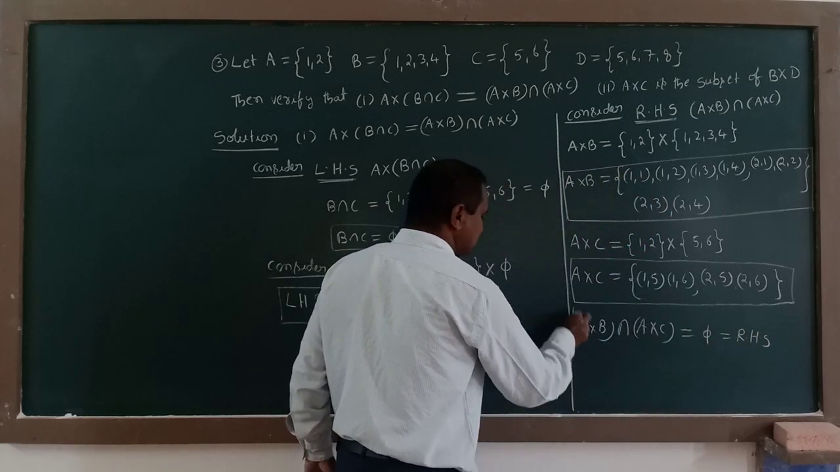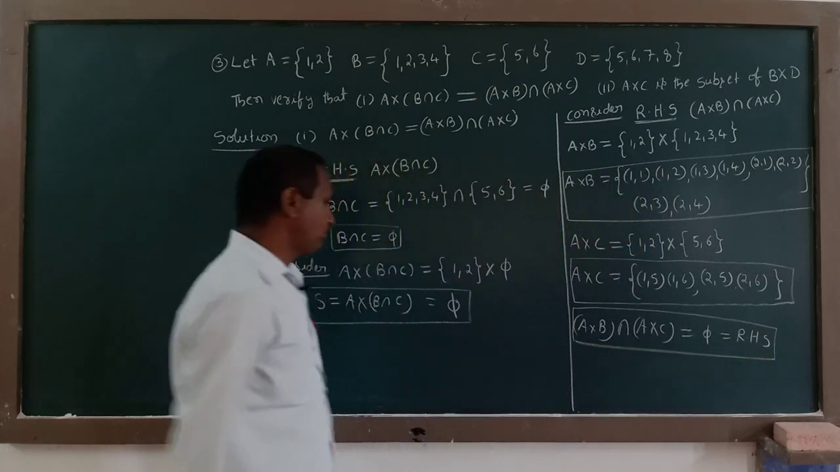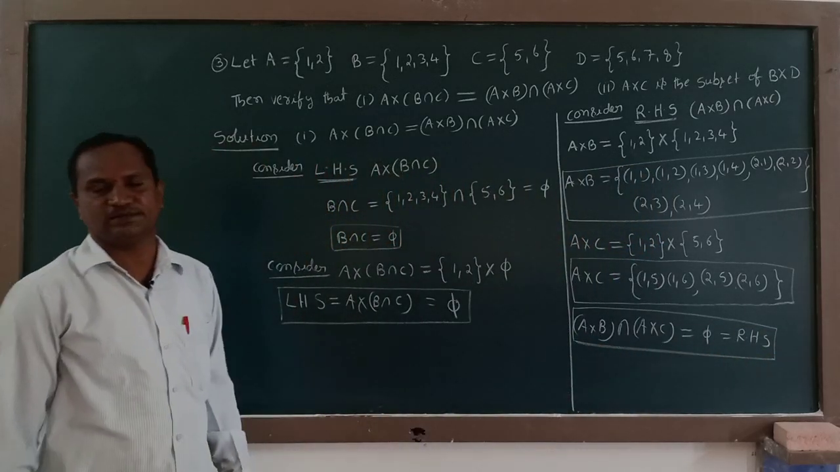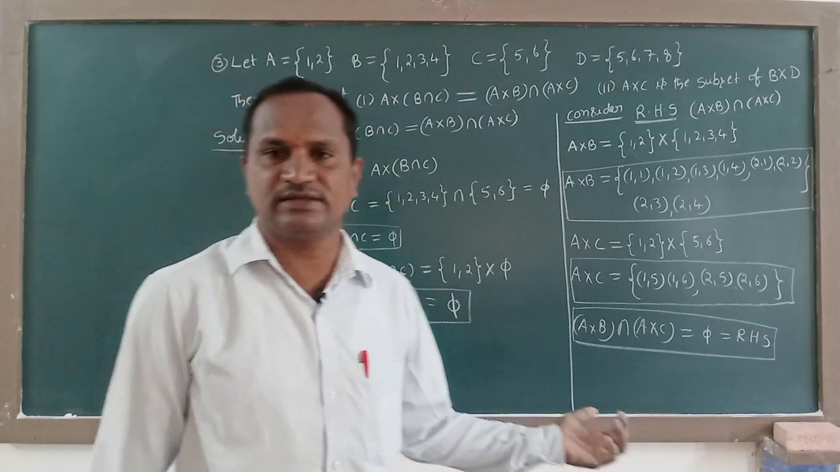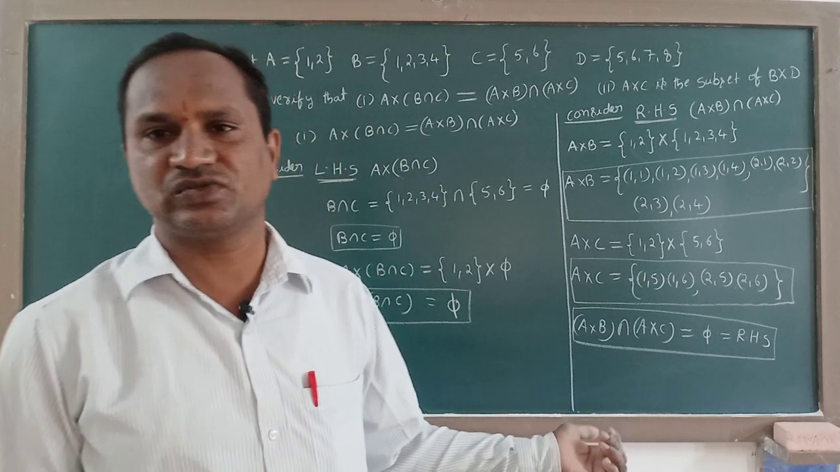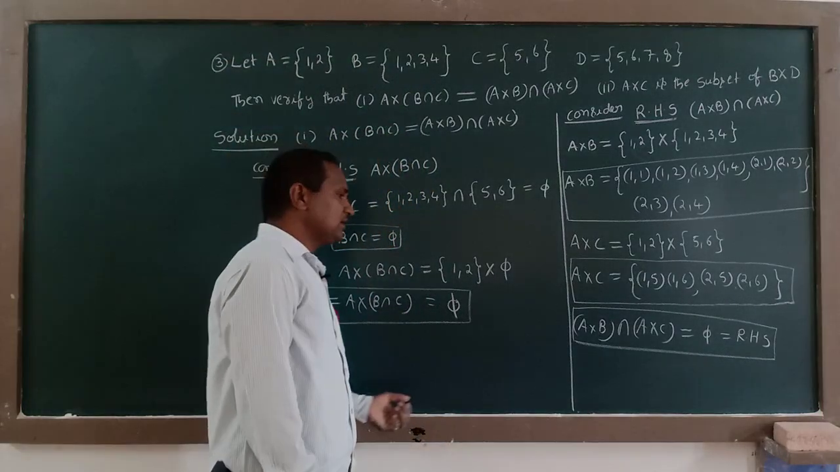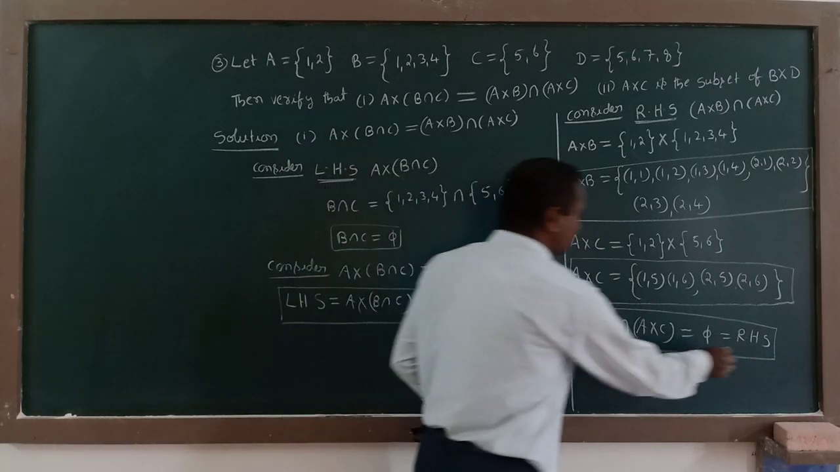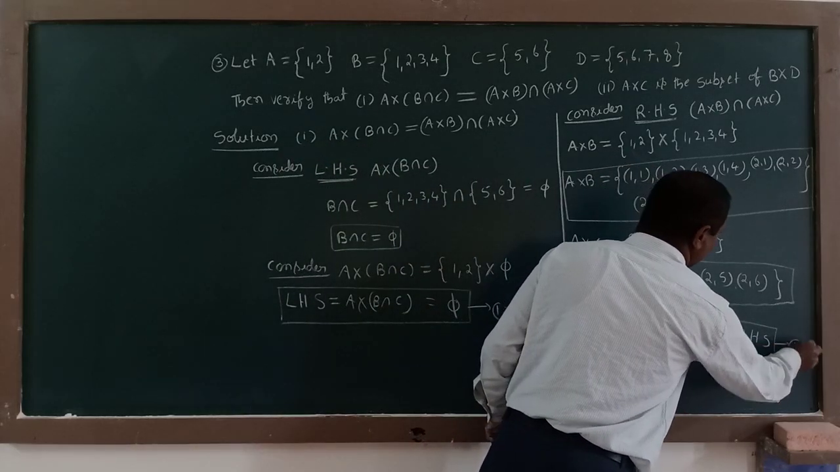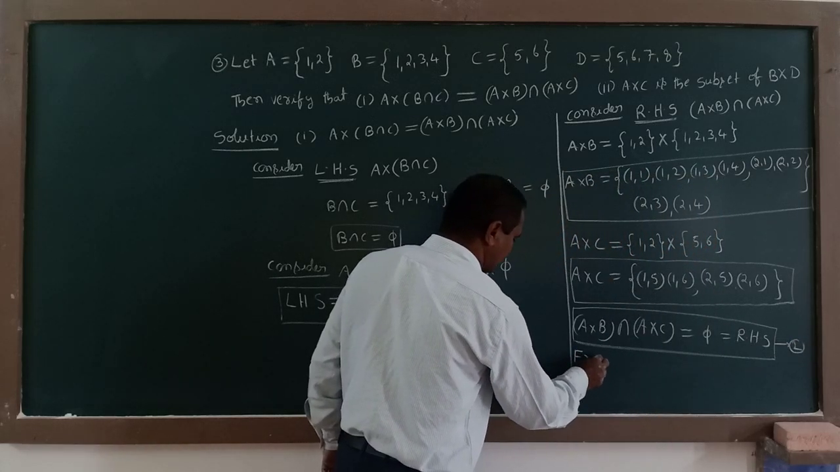Therefore, LHS and RHS got the same value, that is the null set only, same sets. LHS has a null set, and in the case of RHS it also has a null set. That's what we can easily tell. Otherwise you can consider it as equation number 1 and equation number 2. From 1 and 2 we can write